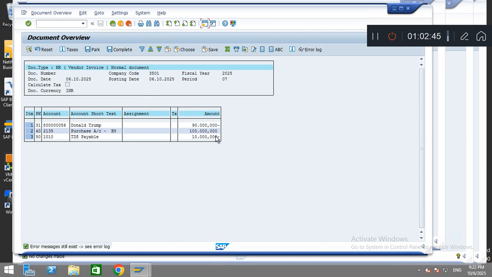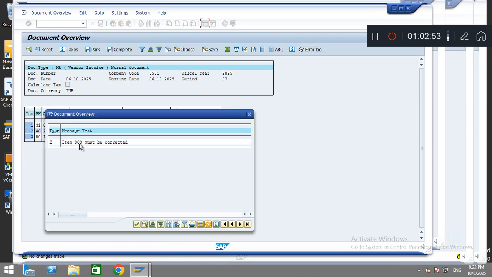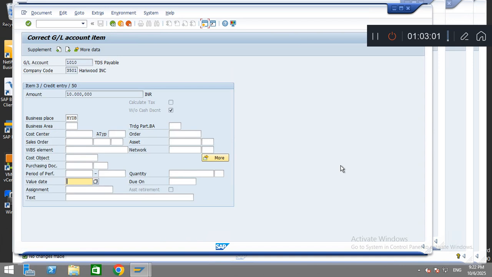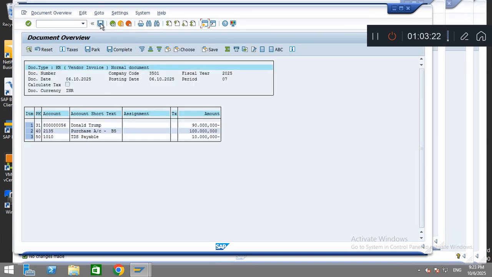দেখো TDS টা এসে গেছে, 1 লাখের উপর 10% TDS। এখানে কি বলছে, এরর লগে ক্লিক করে দেখি, আইটেম নাম্বার 3 এ এরর এসেছে। তোমাদের এরকম আসবে, এখানে ক্লিক করে দাও, গিয়ে আইটেম নাম্বার 3 তে ভ্যালু ডেটটা দিতে হবে, F4 F2, ঠিক আছে। দিয়ে আমি সেভ করলাম, কন্টিনিউ, বেরিয়ে যাও। এবার তুমি পোস্ট করো,